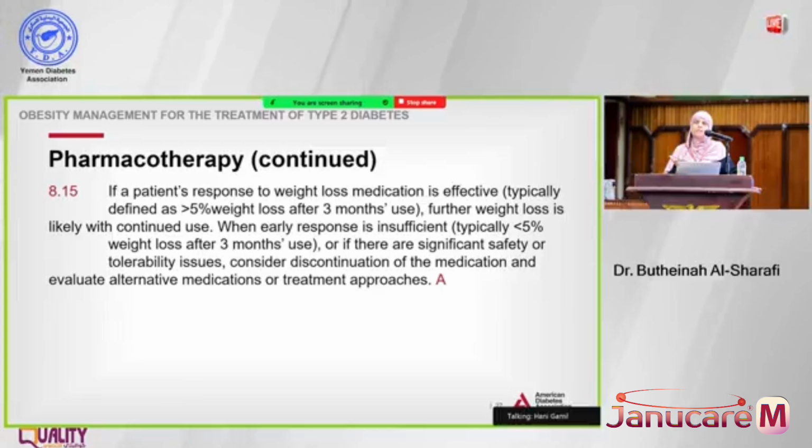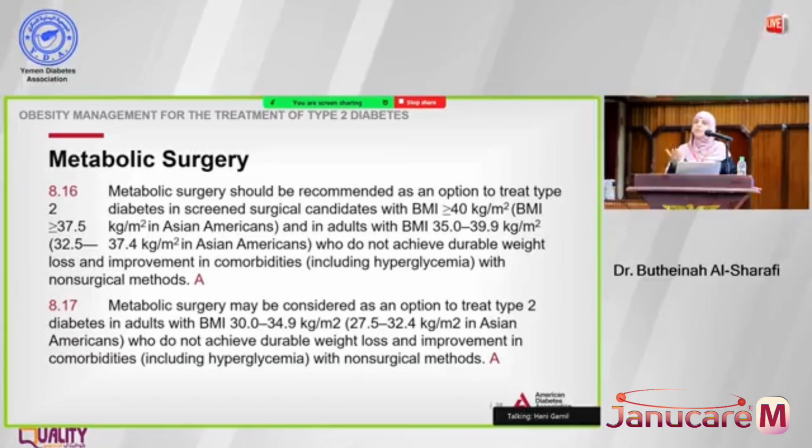And if you give them an obesity medication that we have, some for type 2 diabetes, some just for the management of obesity, and they don't manage to lose 5% of their body weight in 3 months, then probably this medication has to be changed or the dose has to be changed, and so on. And maybe these patients are also someone we might consider referring for metabolic surgery if they're very obese and they have a lot of complications from their obesity.